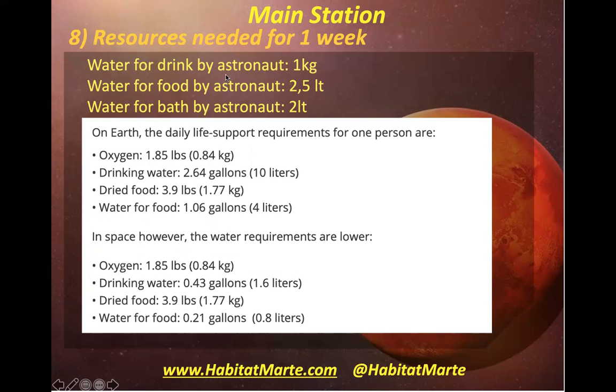Also, we need water for drinking, water to prepare the food of the astronauts, also water for the bath of the astronauts. Okay, and then we considered that the astronauts eat 1 kilo of food each day. Part of the food will have water added. Okay,